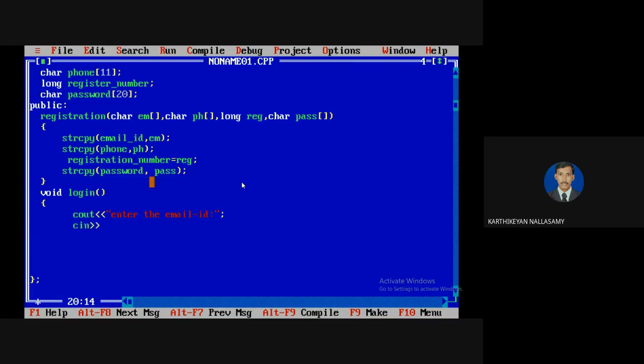So cin EM, so I'm going to create another local variable here. Then cout, enter the password. So cin into PA.